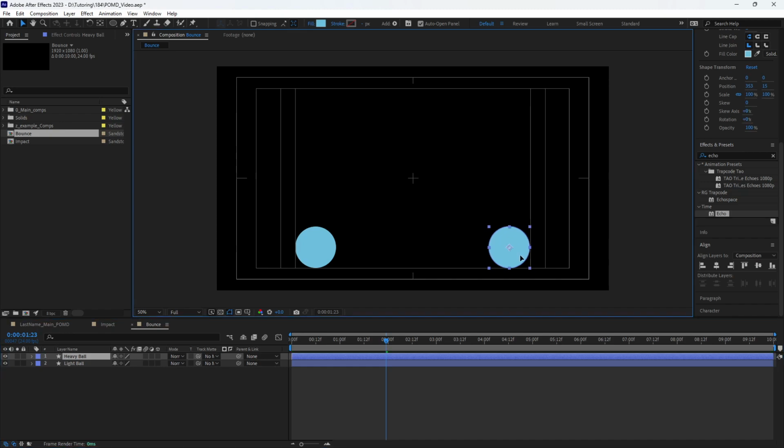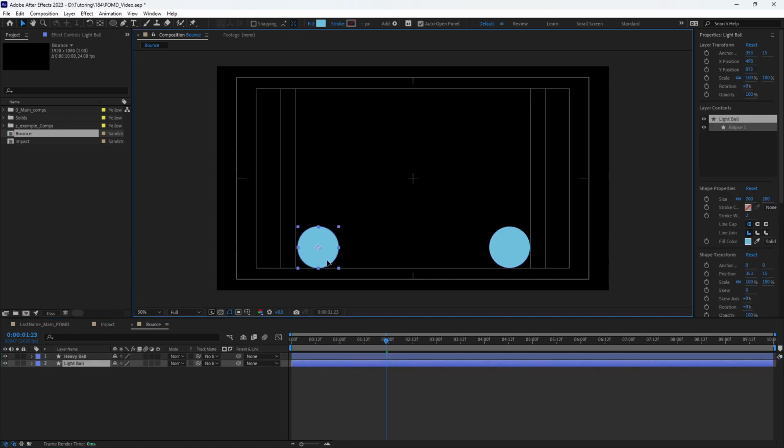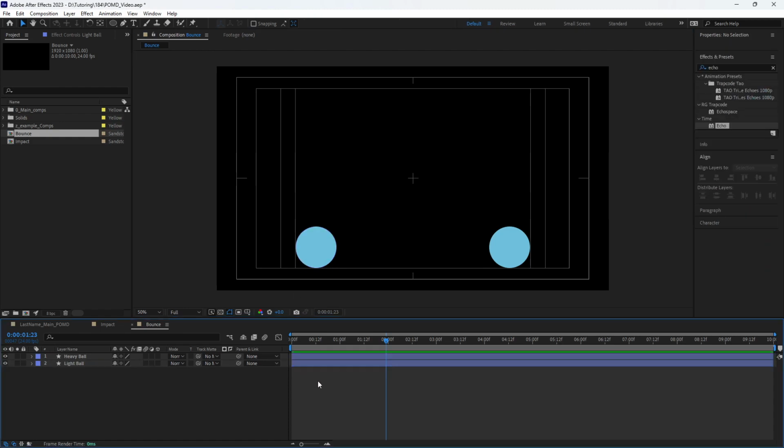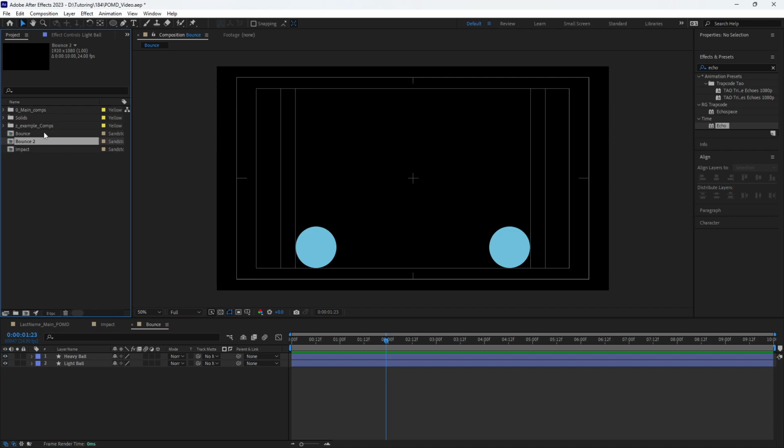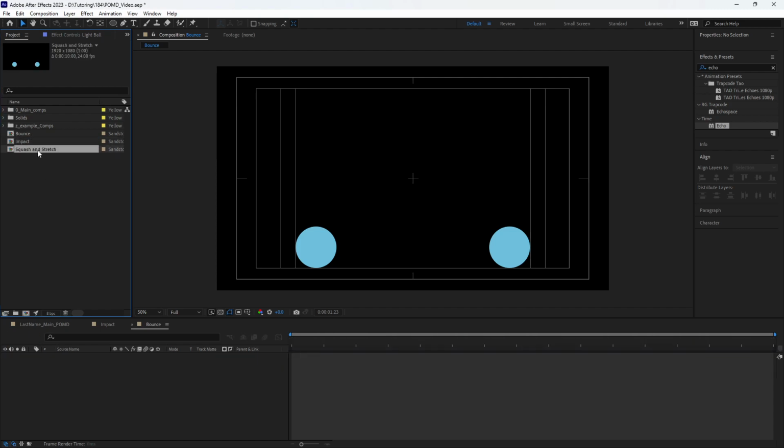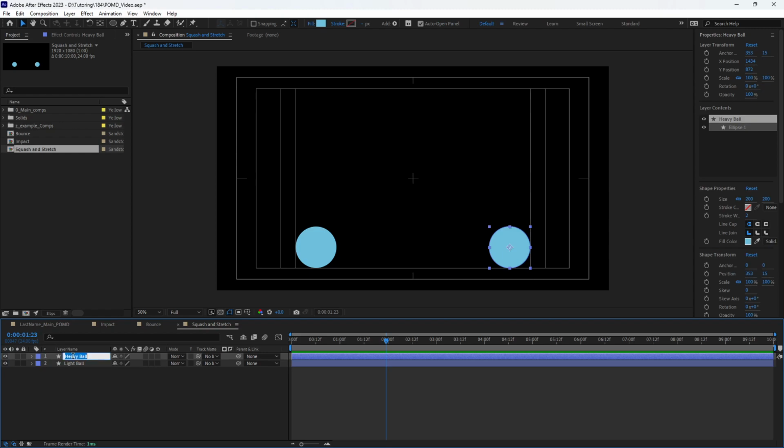And I can also use this title action safe to get me symmetrical. Cool. I got a light and a heavy ball. And this setup looks pretty similar to what I'm going to do for the squash and stretch. So I'm going to come to the project panel, select my bounce composition, hit Control D and then enter, and rename that to squash and stretch. And then go into that squash and stretch one and rename these